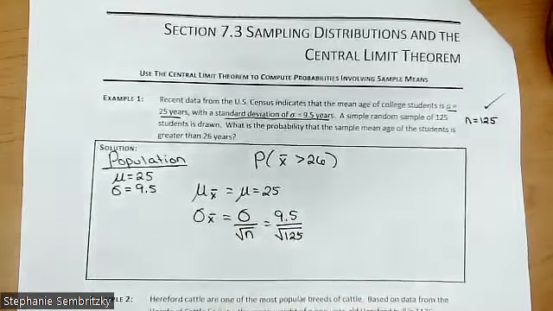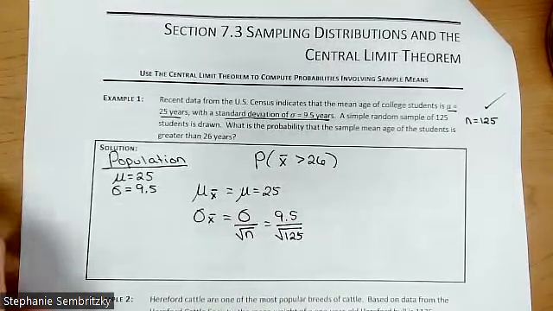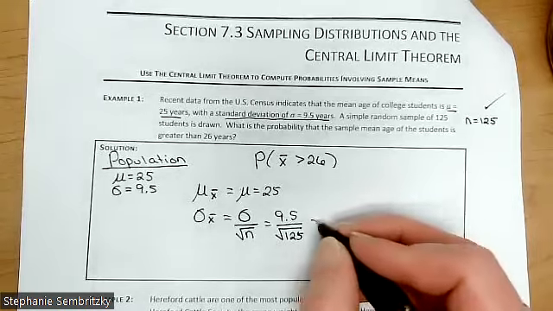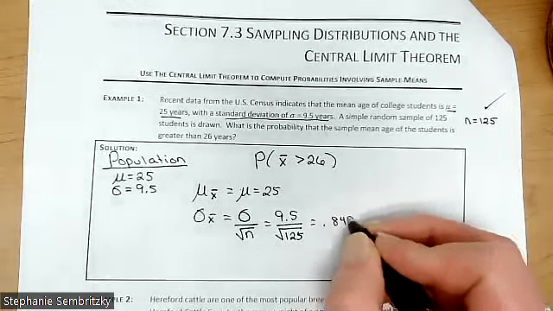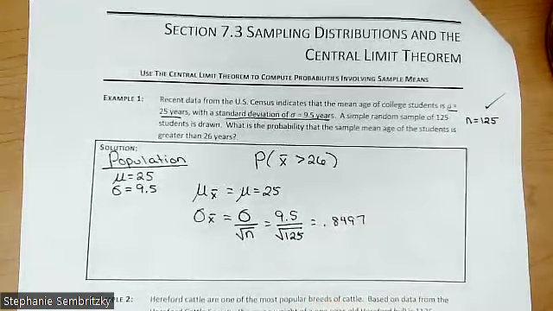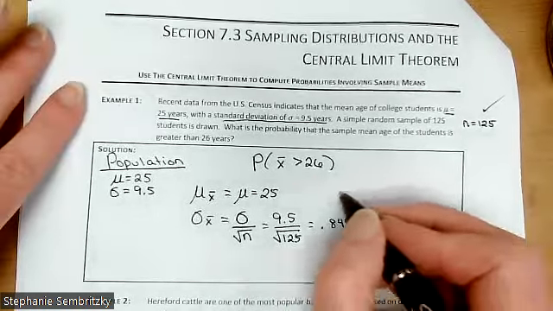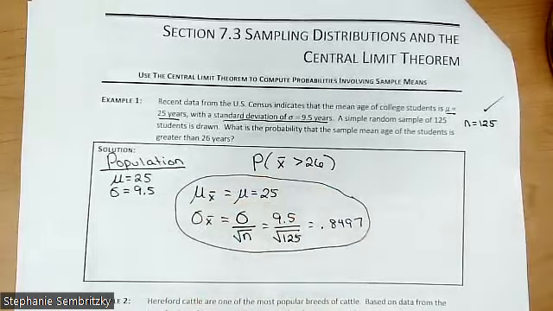So let's take 9.5 divided by the square root of 125. And I got 0.8497. And I'm going like 4 decimal places because I want this to be as exact as I can. Now, we can use this information in the calculator